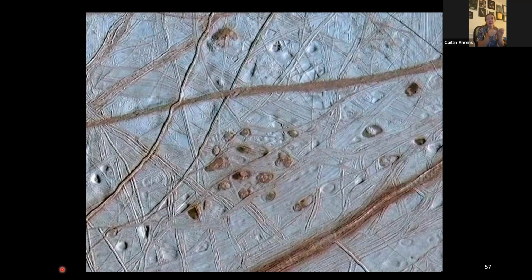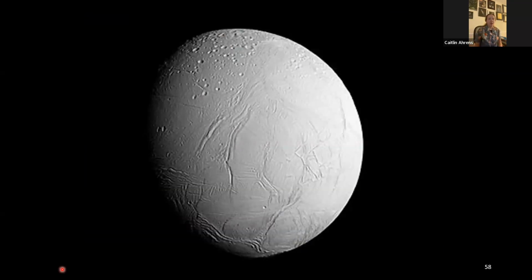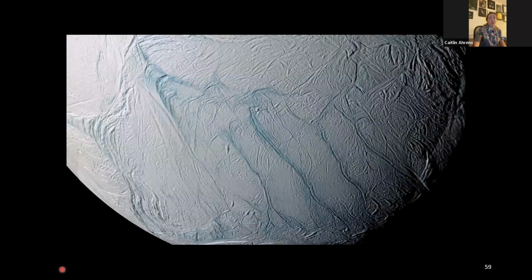So these are little itty bitty salt domes, similar to the salt domes that we would even see on Earth as well. So they're just kind of pockmarked in clusters like this. Now, looking at its cousin in the Saturnian system would be Enceladus. So Enceladus, in the southern hemisphere, you got these big, beautiful, almost